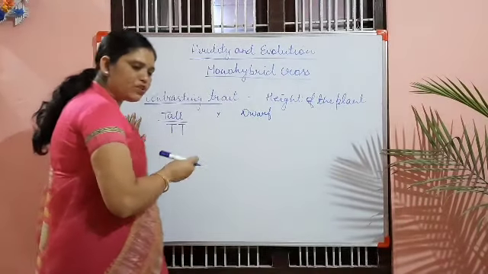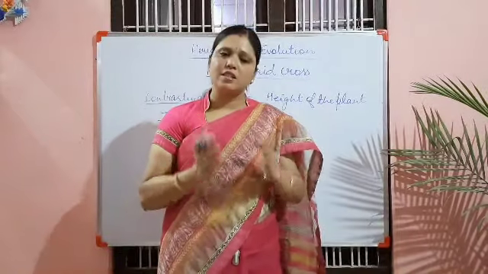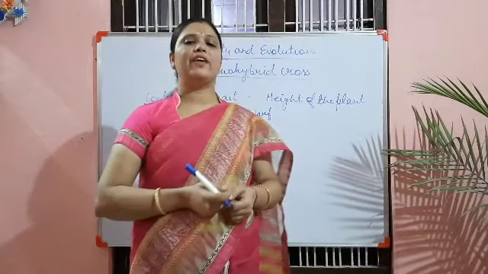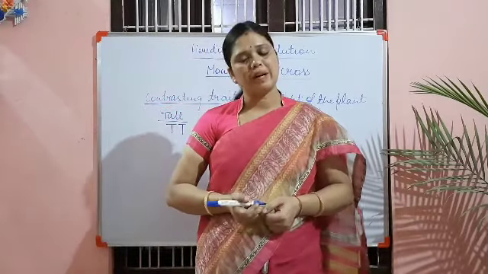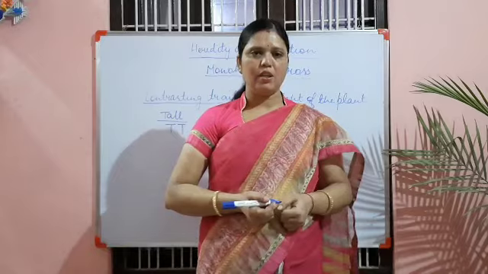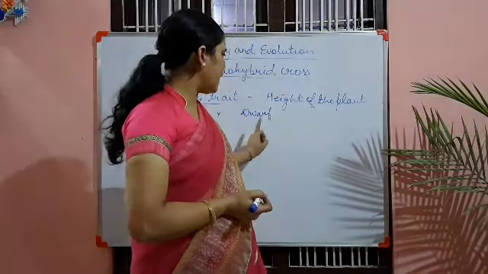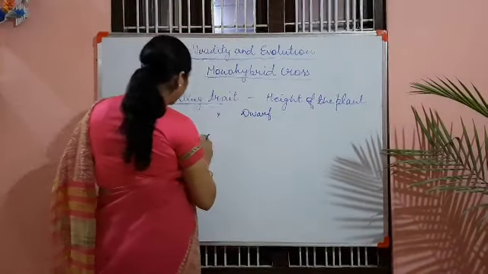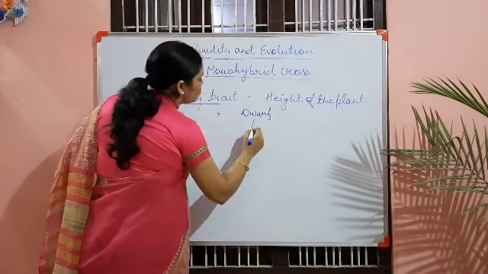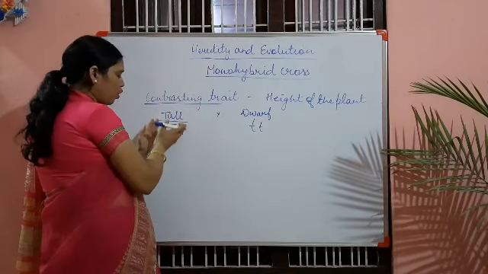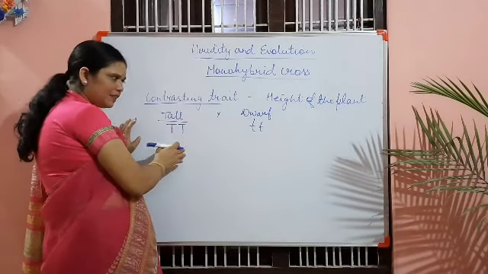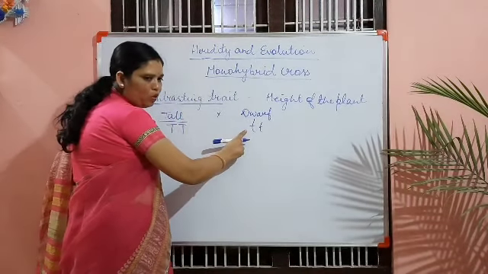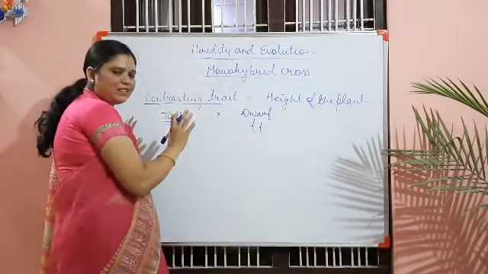So what is the definition of recessive character? Recessive character means the character which is hidden in F1 generation and expressed in F2 generation. So here the inferior character is what? Dwarfness of a plant. Now it is represented by the same letter but a small letter. Here tallness is represented by the capital letter. Dwarfness is represented by the same letter but a small one. Alphabet will be the same.